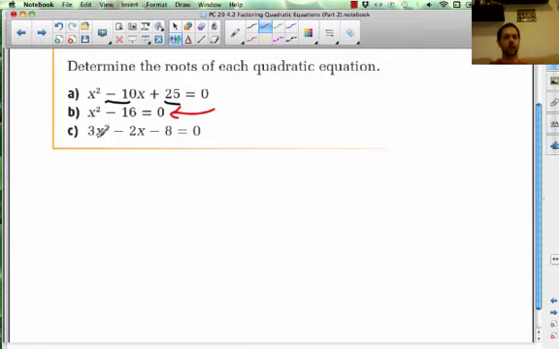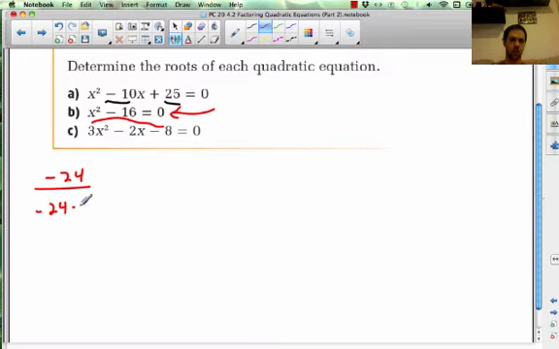So with C, we have a coefficient in front of the quadratic term, but we cannot take it out of these last two terms, so we have to find another way to factor. So your product is going to be 3 times negative 8, which is negative 24. Now, the factors of minus 24, we need to choose two that add up to minus 2. So there's negative 24 and 1, negative 1 and 24, negative 2 and 12, and negative 12 and 2,